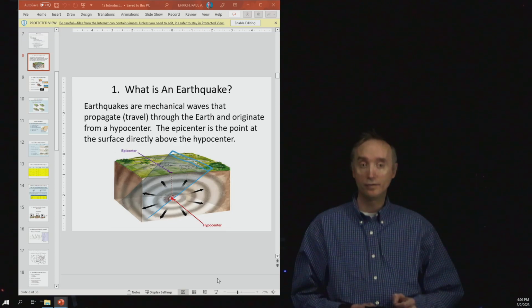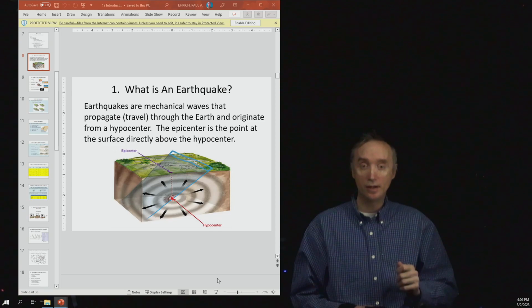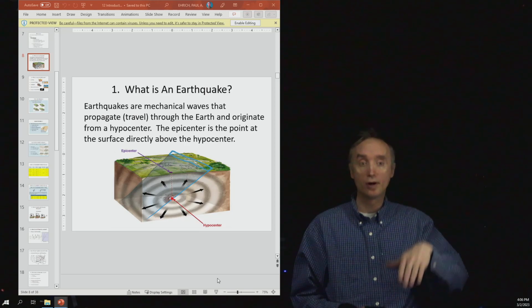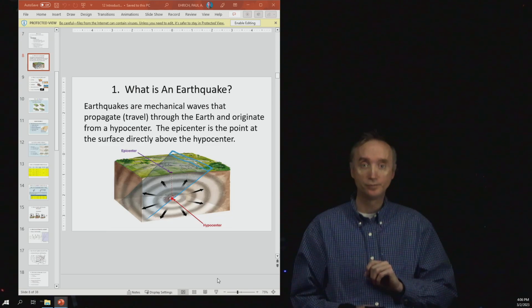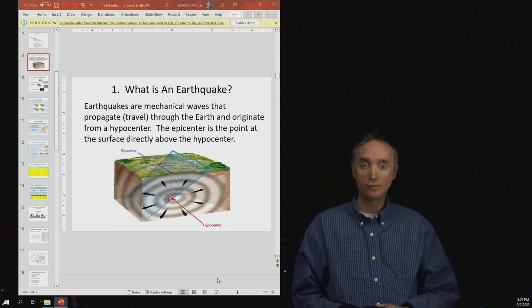A mechanical wave is a wave that requires something to be moving up and down or in and out in order to transmit that wave. Earthquakes require something to transport the wave. The earthquake wave goes through rock, and as it does so, the rock vibrates up and down or sideways, and that helps to transmit that wave. So earthquakes are mechanical waves that propagate, another name for travel, through the earth and